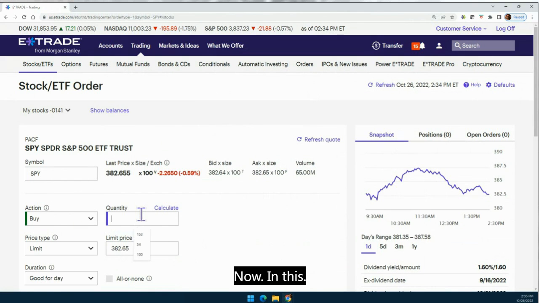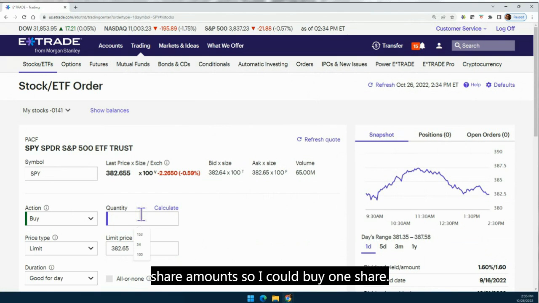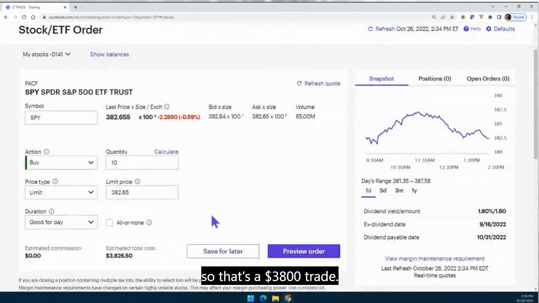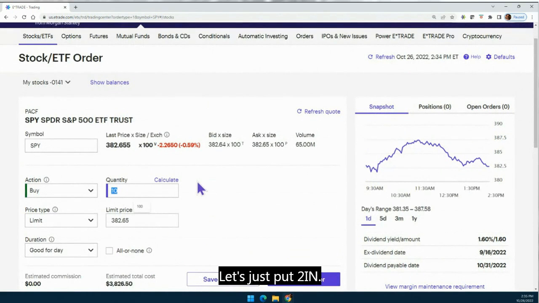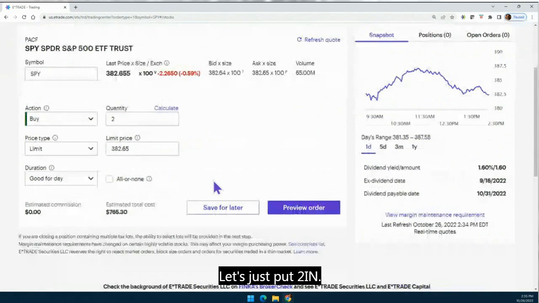Now, in this arena right here, I have to buy whole share amounts. So I could buy one share. There are programs such as our automatic investing program where you can purchase fractional shares of exchange-traded funds. Here we're going to buy whole shares. And so if I was to buy 10 shares, it's $382 a share, so that's a $3,800 trade. Let's just put 2 in. So I'm spending